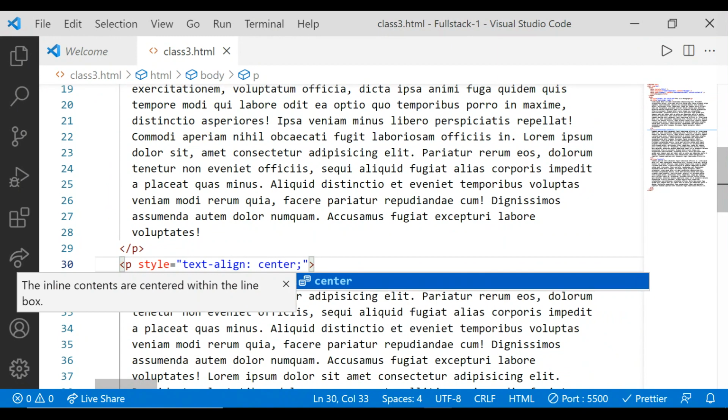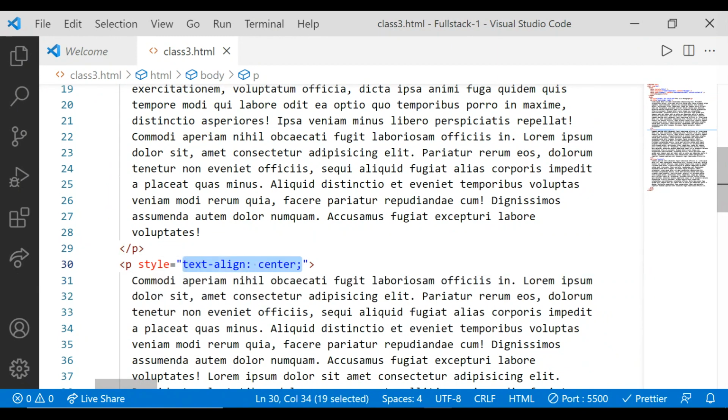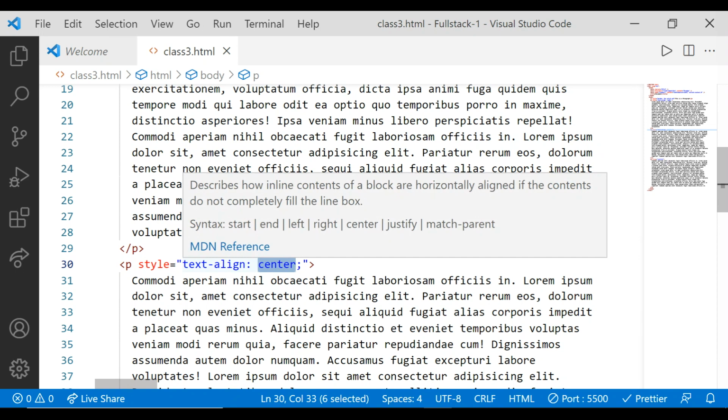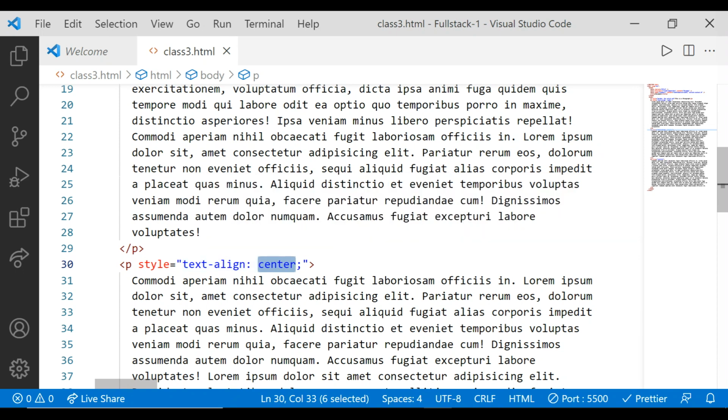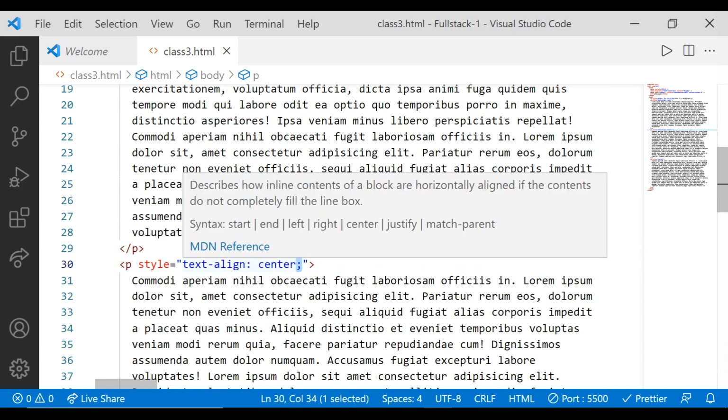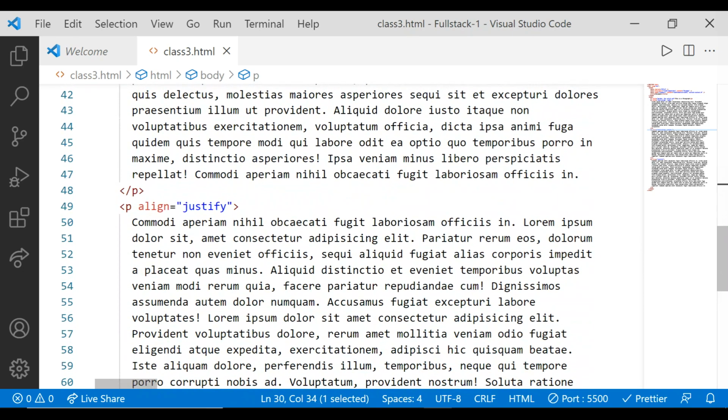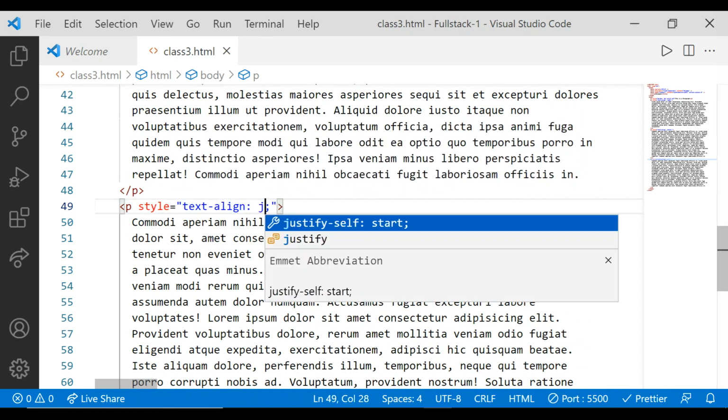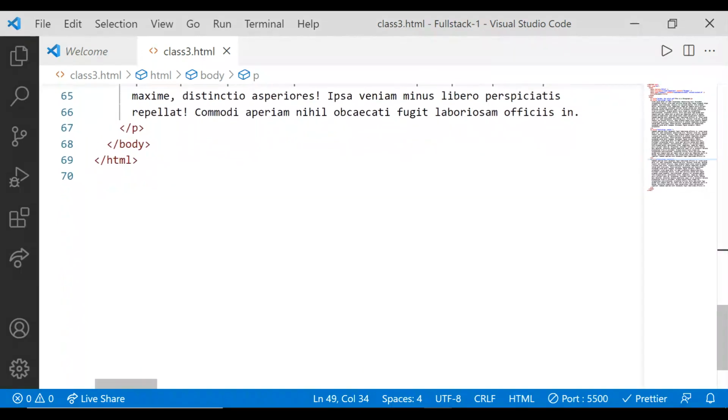Okay, now see, this is basically a CSS property, and a CSS property also has two parts. The first is the left part, that is called the property, separated by a colon, and on the right hand side it is the value. So it is also a key value pair, property value pair, separated with a colon and ended with a semicolon. That is very important. Okay, similarly हम इसको भी कर लेते हैं. I'm making it justify. हम इसको justify कर लेते हैं.